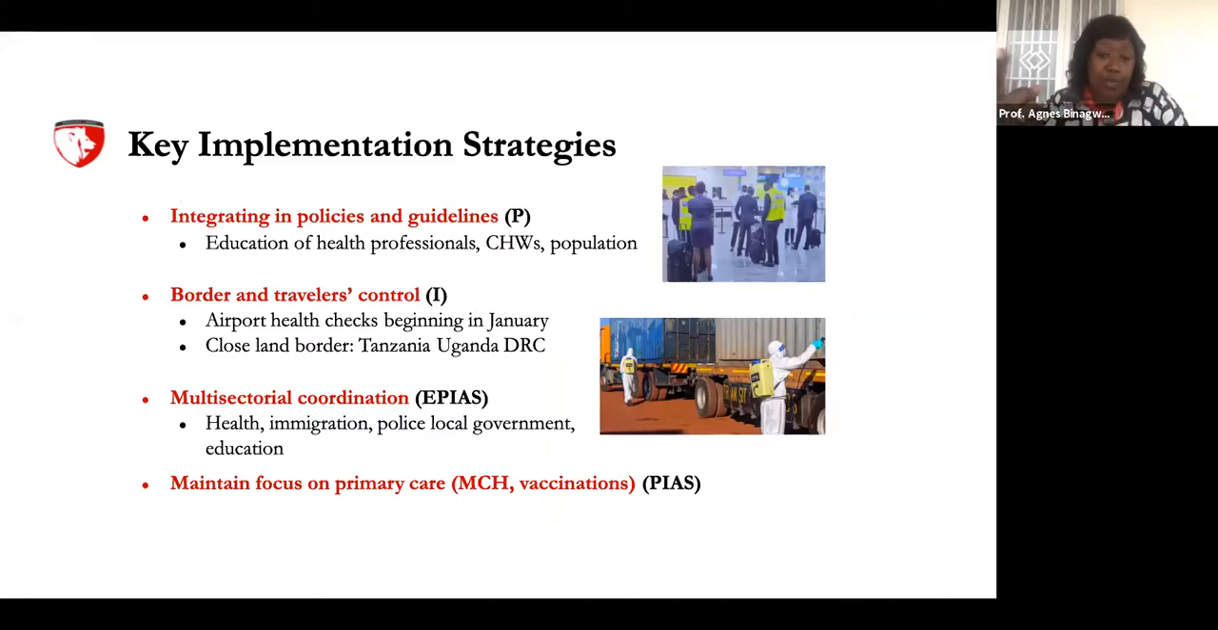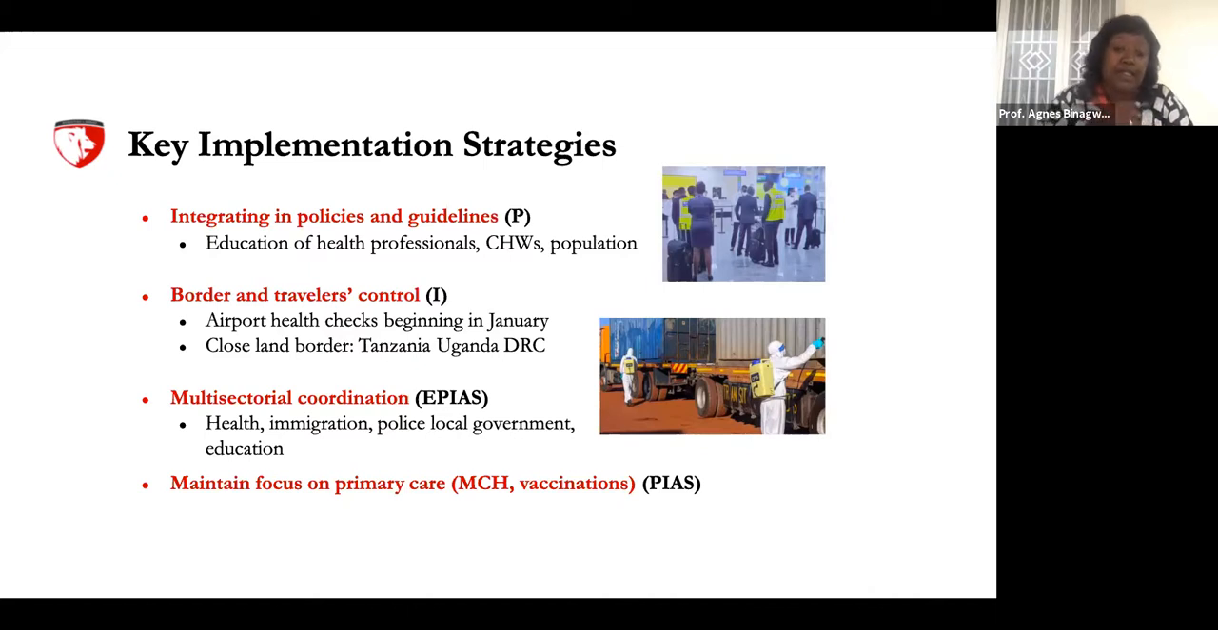You can see the top photo is a photo at the airport before the pandemic, in Rwanda. This was a photo taken in January where everybody has to give information: name, where they're going, what their flight was, what their seat was,